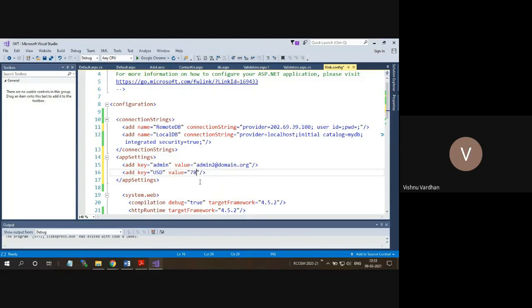So at a single place, you change the setting, and across all the web pages, because your products are based on USD values, those product values are shown by taking this value and multiplying with INR, Indian National Rupees. Okay. So accordingly, you can have your own implementation. For those kinds of settings, we can use this particular block that is called app settings.